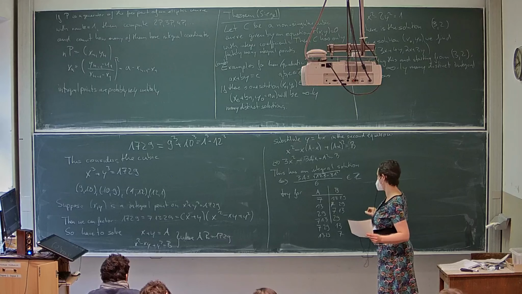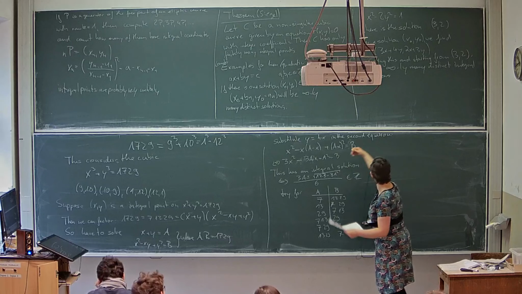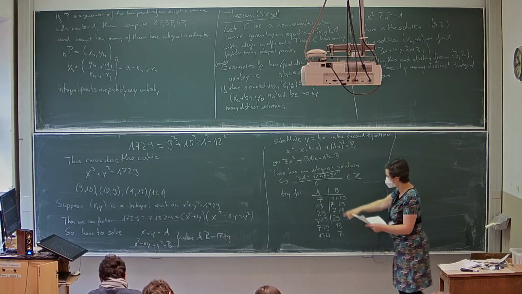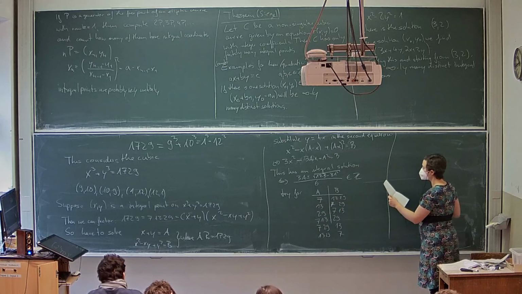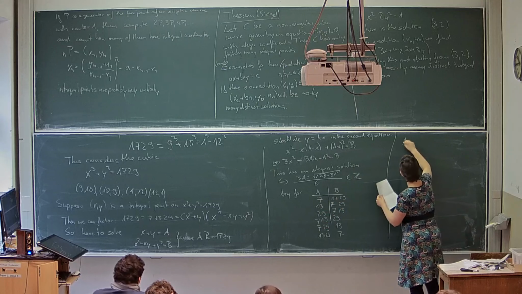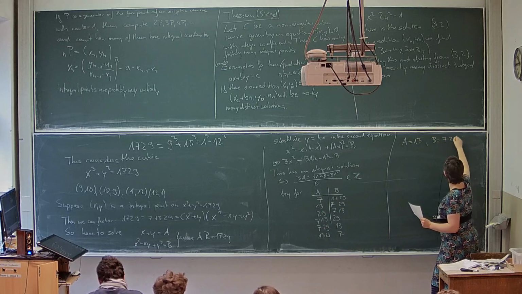Okay, yeah, so we have everything. Okay, I will not work this out, so assume we tried this, and then we find out for a equal to 13, b equal to 7 times 29,